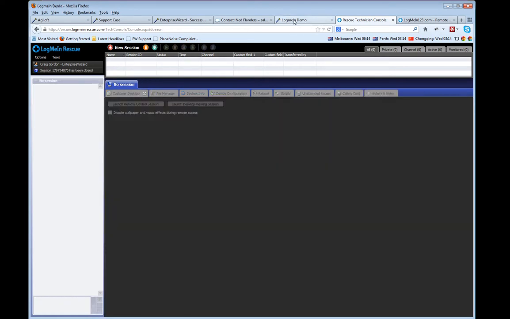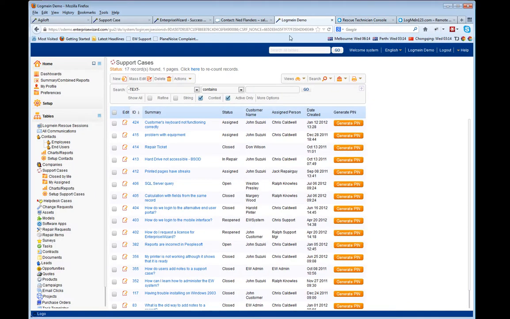That closes it, and then back in your project, all the chat log and any other information about the session is stored on a special table called Logmein Rescue Sessions. So you can reference them there or link them to a support ticket or a user if you need. Now back in our slides,